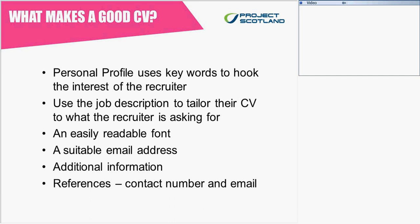rather than doing the personal profile at the beginning of your CV, I would always leave it to the end of the CV. It's like when you're writing, for example, an introduction to an essay: you would have your structure to begin with, so you would have the framework, and you would build upon that. You wouldn't start talking about the introduction; you would leave that right until the end, until you have everything that you need, and then tailor it that way. It's more of a conclusion, yeah, and it's a lot more concise, and it's easier to